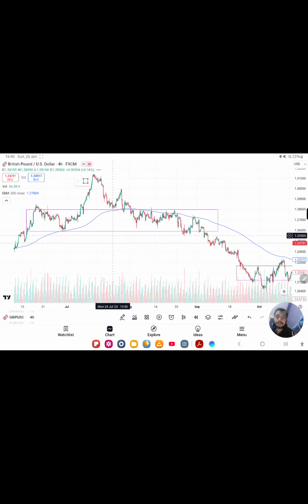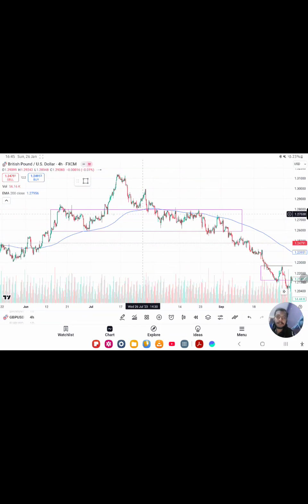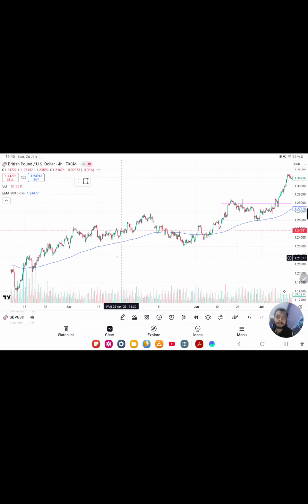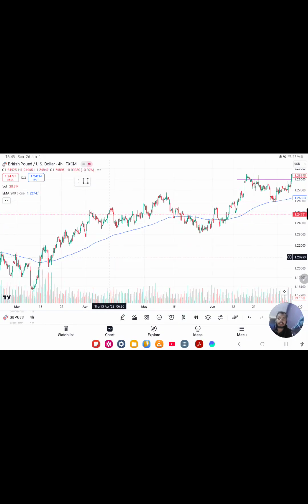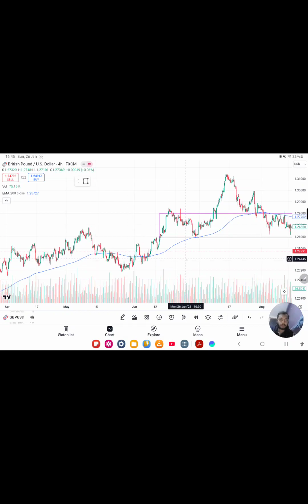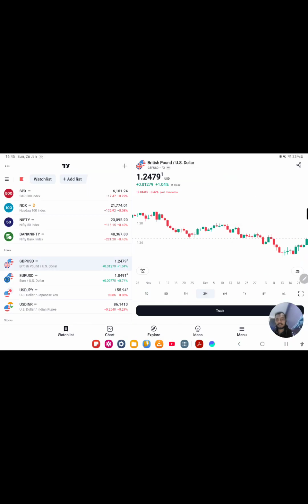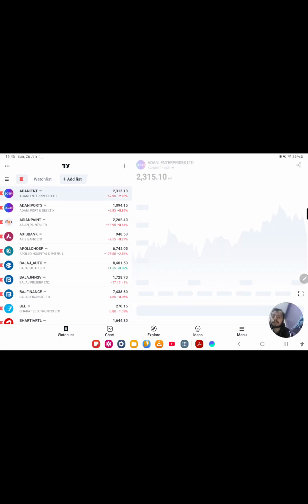Okay, so this is another value area. I think I plotted up to this one. We have come a long way back, to July 23rd. Okay, let's see some other instrument. I think I had plotted on some